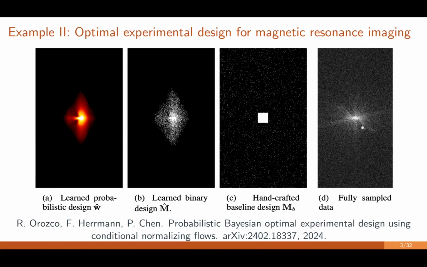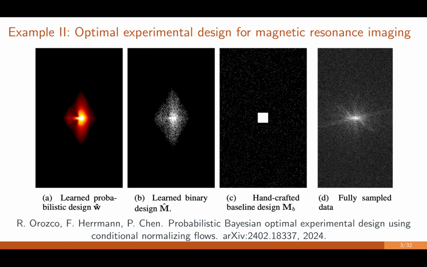However, if you want to reduce the amount of data, let's say instead of this amount of data, we want to use maybe 2% of the data, this can significantly reduce examination time, right? So where to get this 2% of data? By the way, the center corresponds to the low frequency modes, and if you go out from the center, it corresponds to the high frequency modes. A naive approach would be taking some of the low frequency data here and randomly sampling the high frequency data. But this is